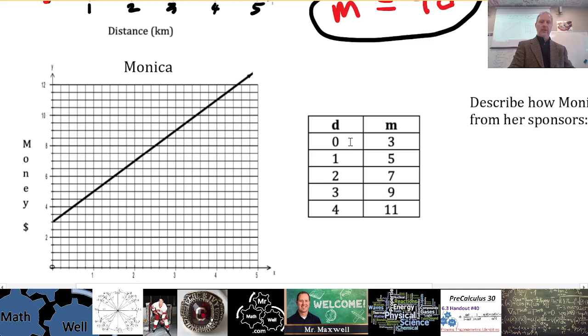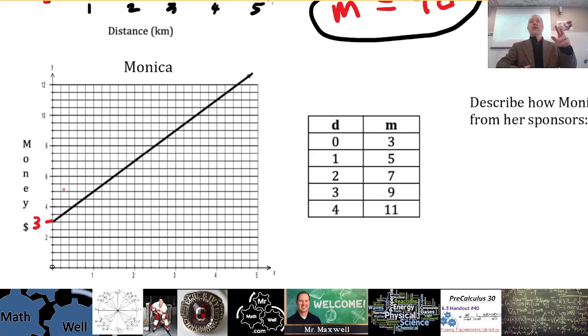Okay, excellent. There's a starting donation of $3. Absolutely correct. So this is 3 on the graph. So before Monica walks anywhere, her sponsors are asked to give $3. So will you sponsor me in my walk? We're raising money for a charity. What I'm asking for is $3 from everyone that wants to help me out, and then